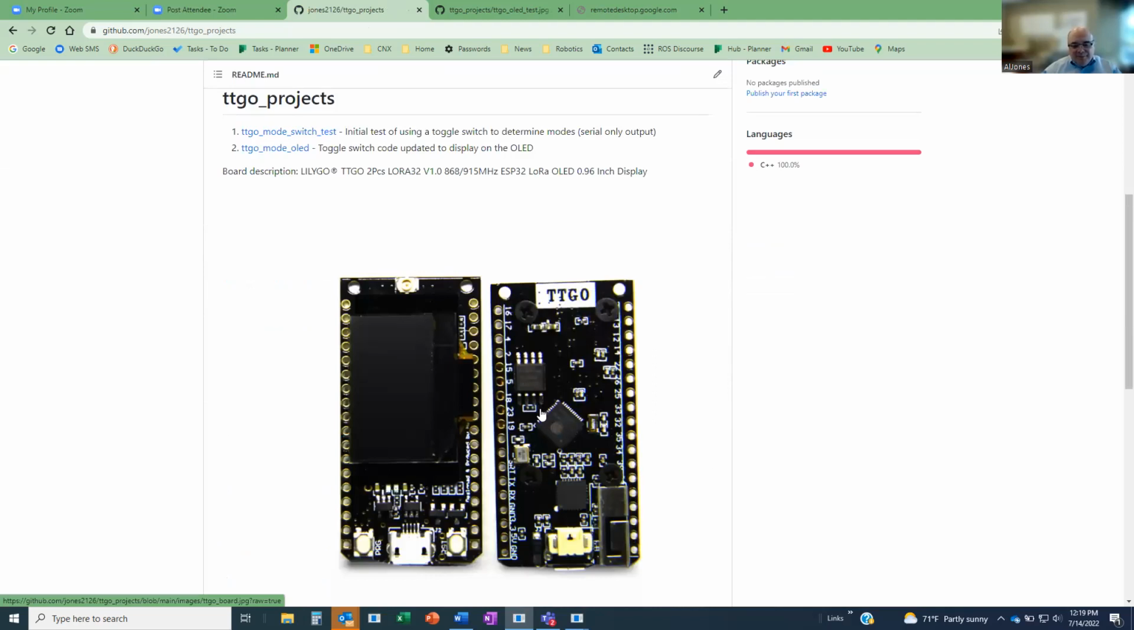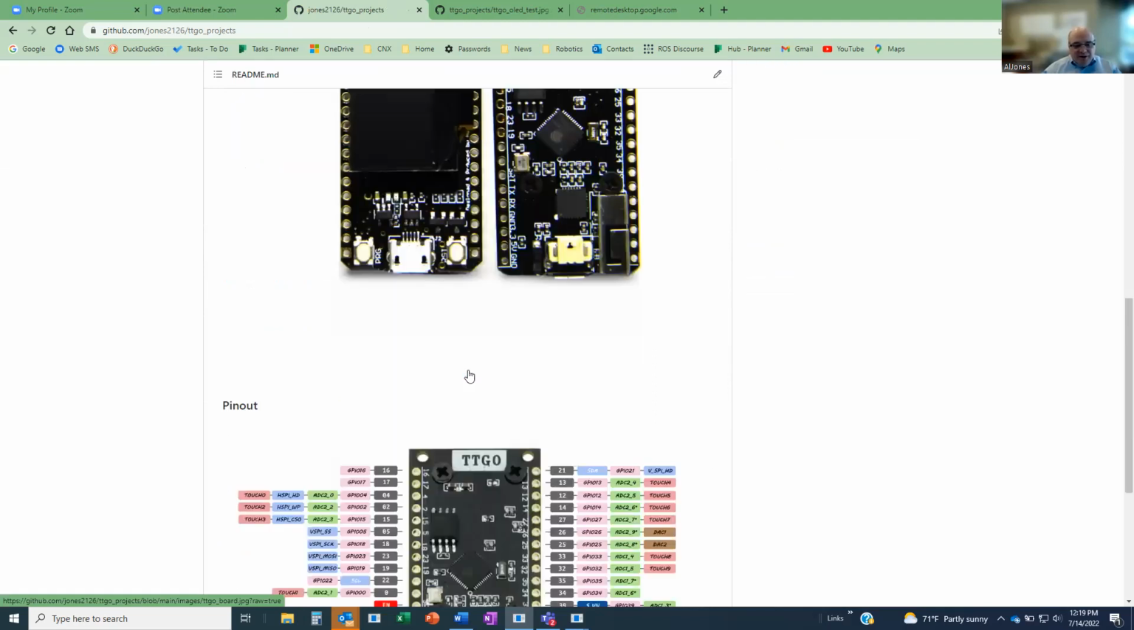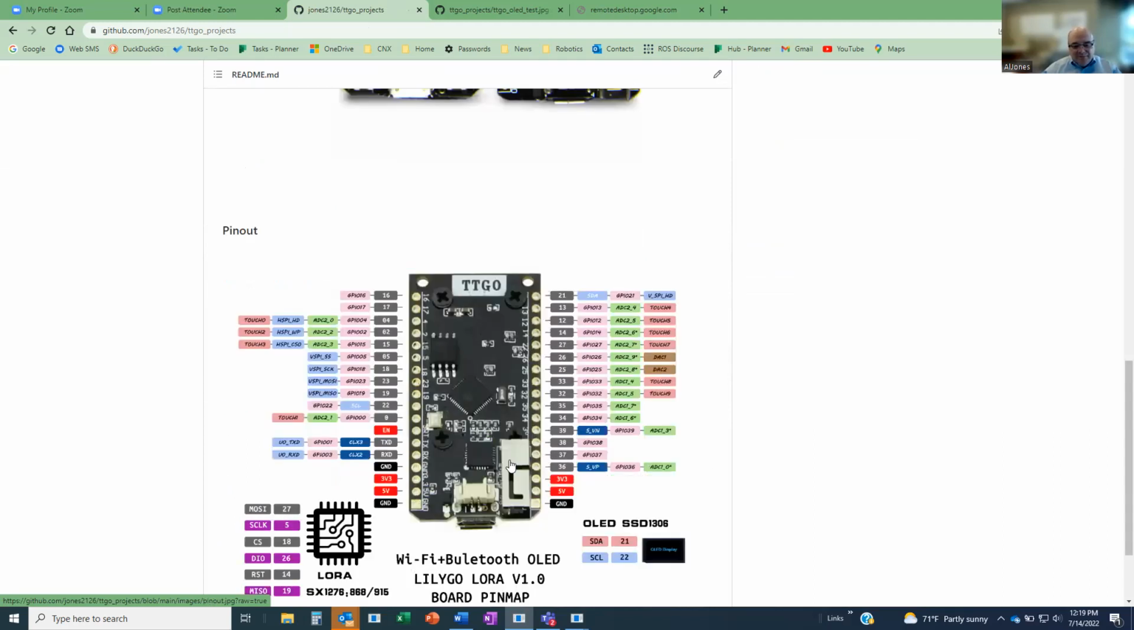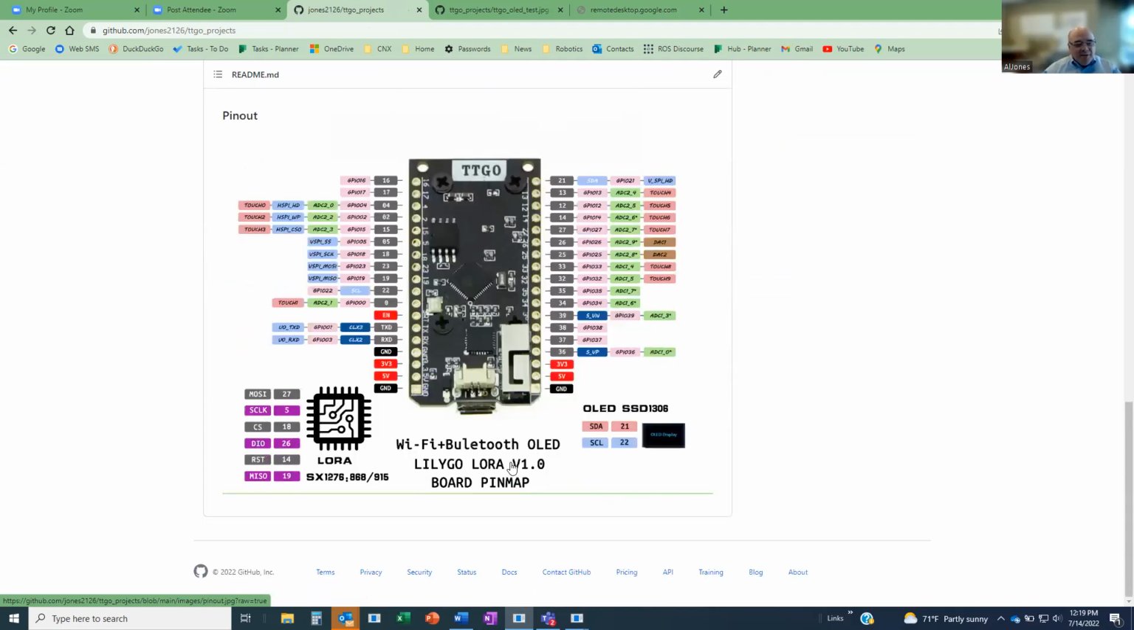So you can put images out here on the README. You can. I've just been playing around with what to